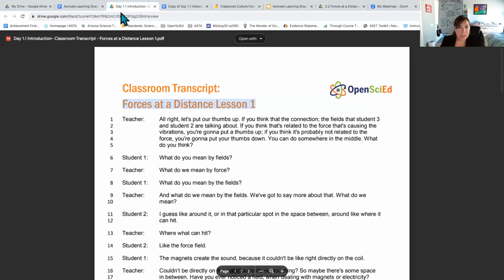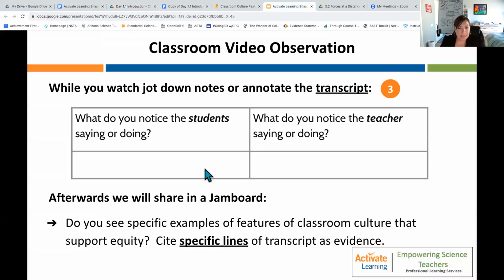And so let's come on back. You've got a T-chart. And then what we're going to do after, I just want to set you up. Step 1, we're going to watch a video. You're going to be taking some notes. You're going to be looking at the transcript, thinking about what are the students saying and doing, what are the teachers saying and doing. Then once we're done, we are going to use a Jamboard,